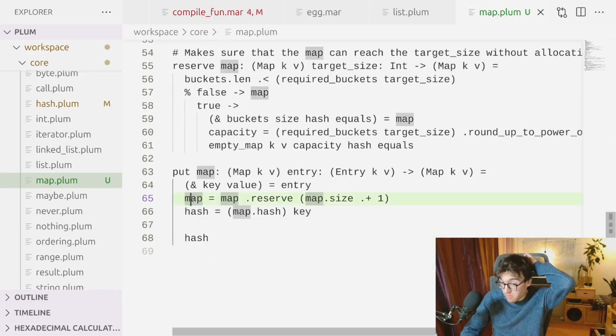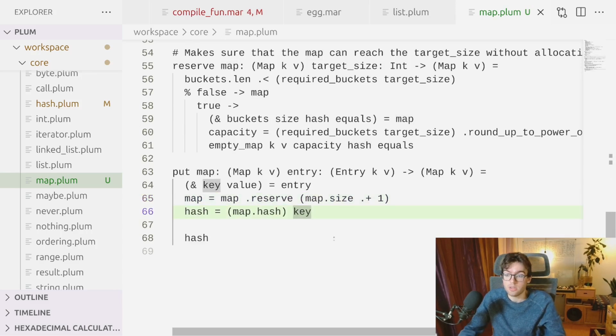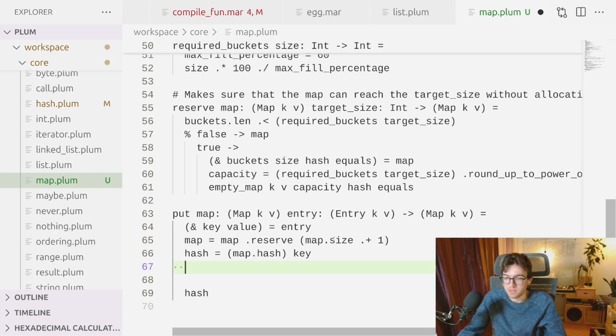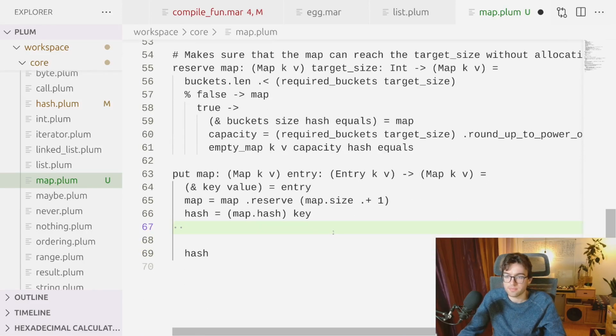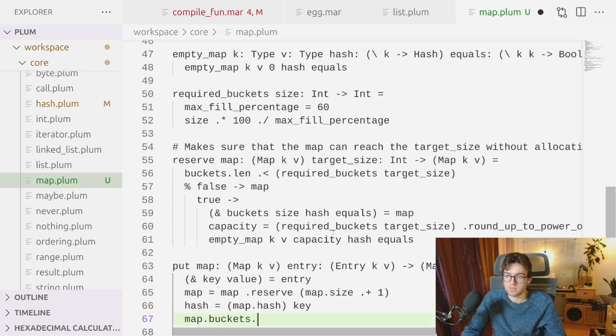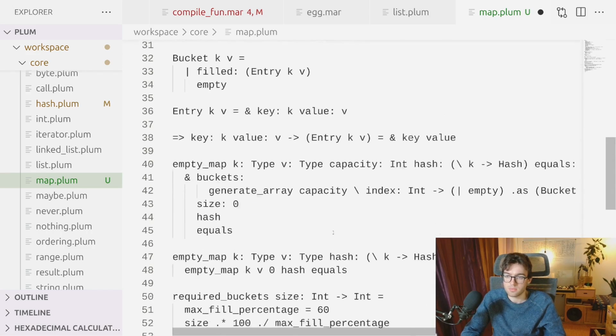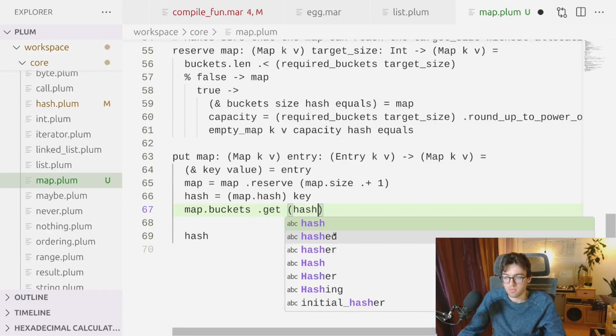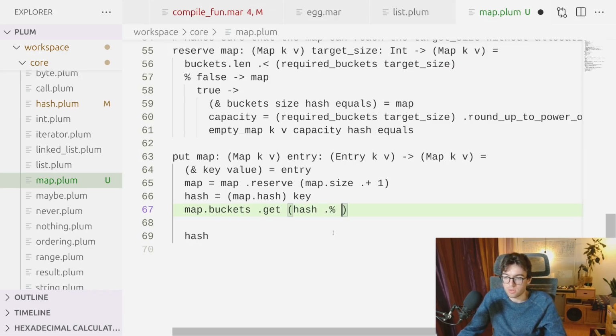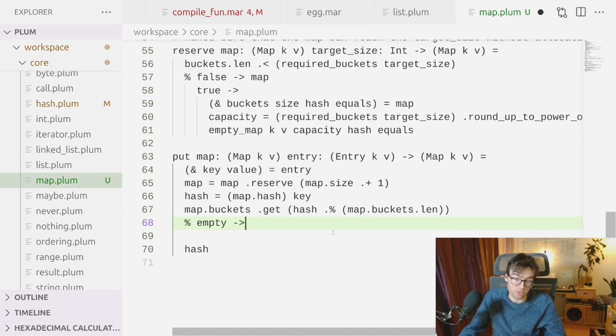Yeah, then we know that this map has enough capacity, so we hash the key, and then we just insert the key, which means that we check the bucket at that index. Hash modulo no map buckets.len